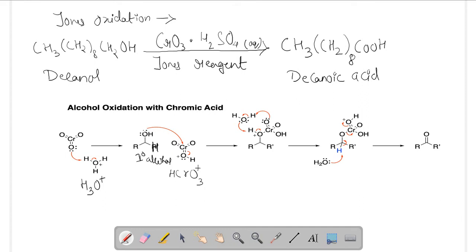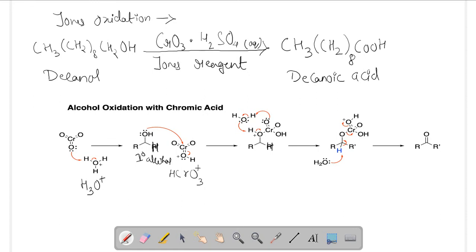This O will donate its lone pair of electrons towards this chromium atom, which has developed a positive charge due to the removal of the pi bond. So an addition compound will be formed, that is ROH, with this O connected to